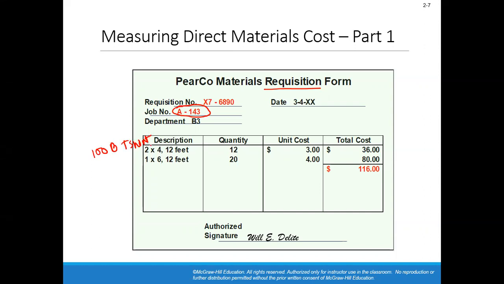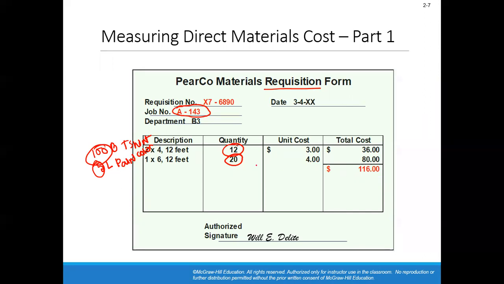You'll write it in the description part, and you require, say, 5 liters of paint color. Okay, so 5 will be here and the 100 will be here for the purpose of quantity, and you write the description of the material here, and you write the unit cost, and you write the total cost here. What you're doing is preparing a requisition form,